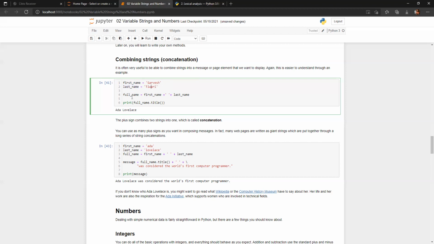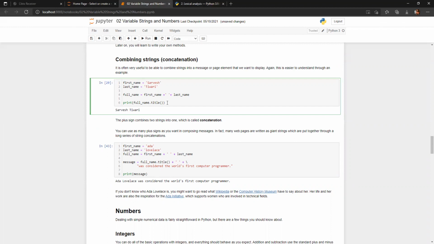Now I'm using full name as a variable, and performing a small operation: first name plus a space, then plus last name. When you declare strings in single quotes or double quotes, you can declare a space there if you want one. That's why I'm using this. So as you can see here, Sarvesh Tiwari is now being printed.